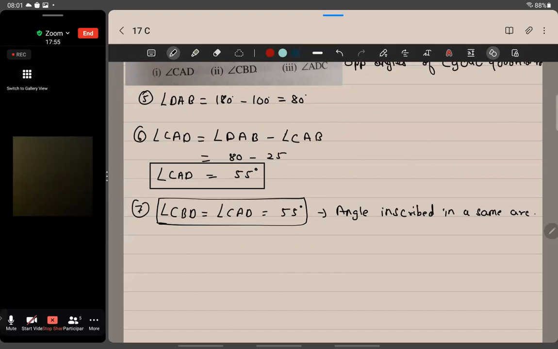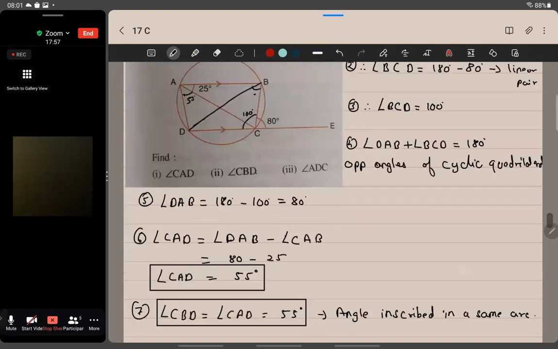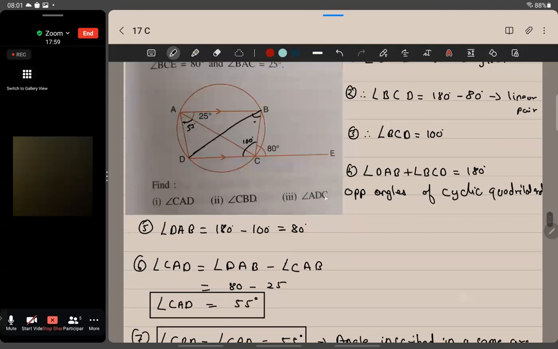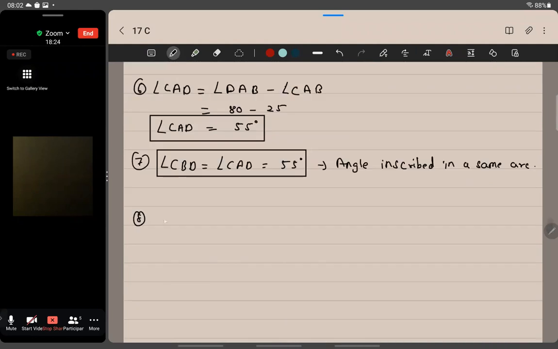We found this also. Now we have to find ADC. This whole we have to find. Okay. To find this whole ADC, we want to find now. So in triangle, we'll see. Before that, in triangle ADC, angle